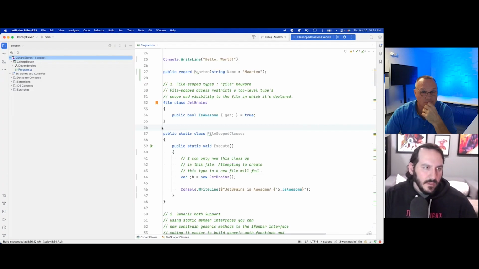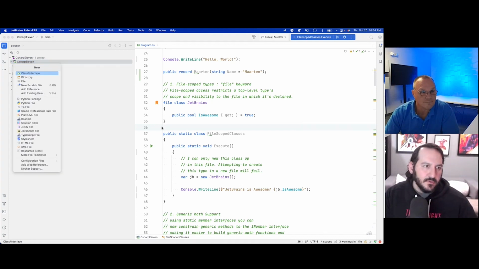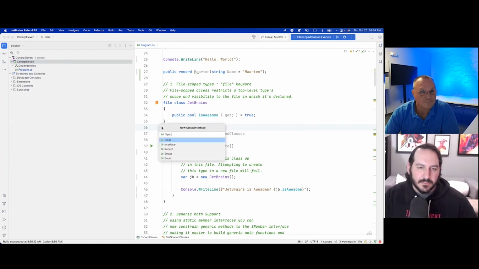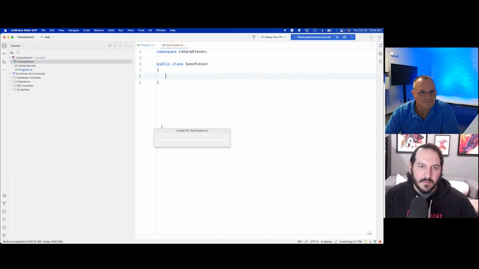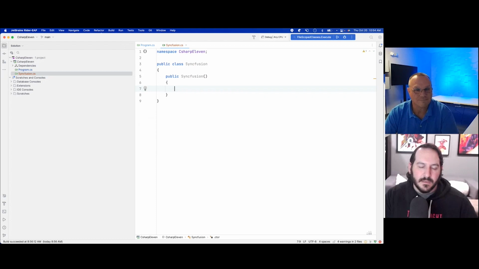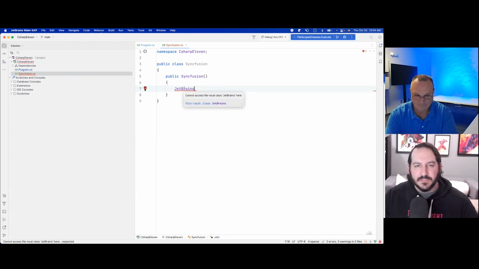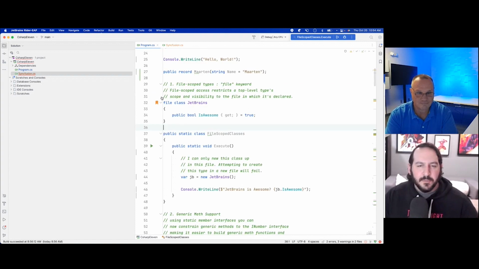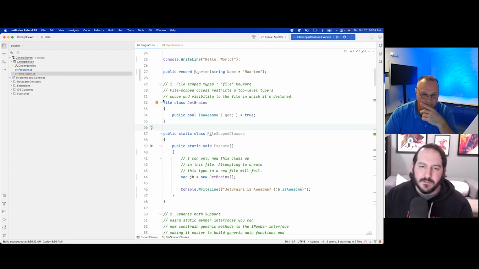So if I was to create a new class here, let's call it Syncfusion, and try to create a new constructor. So I called that class JetBrains, and you can see I can't access it because it's file local now. So that's one of the new features. I could see people using this if they're building libraries for, again, serialization and stuff like that. But this one might be a little